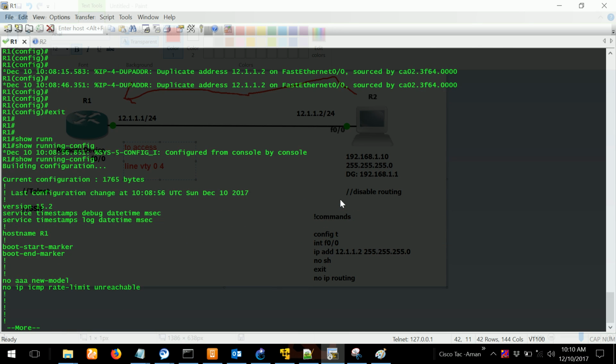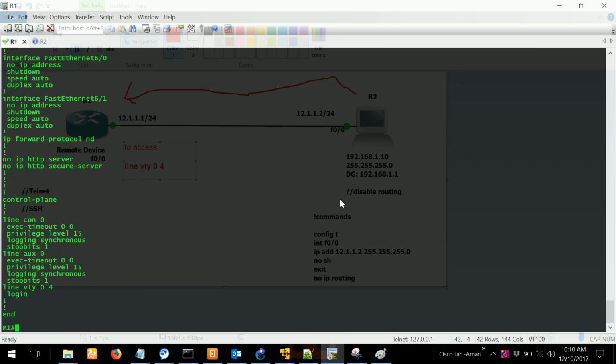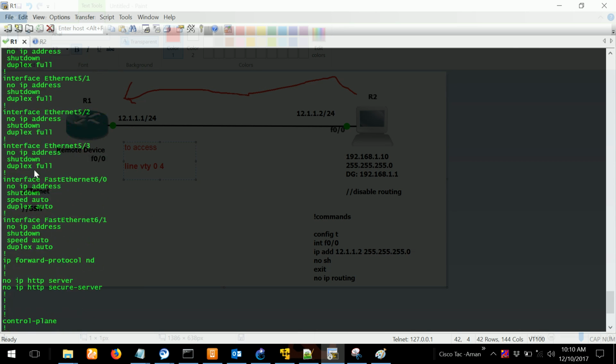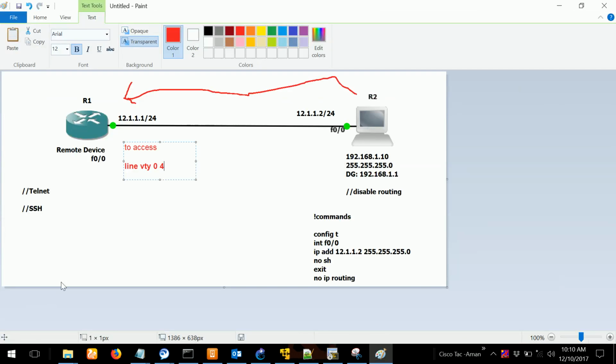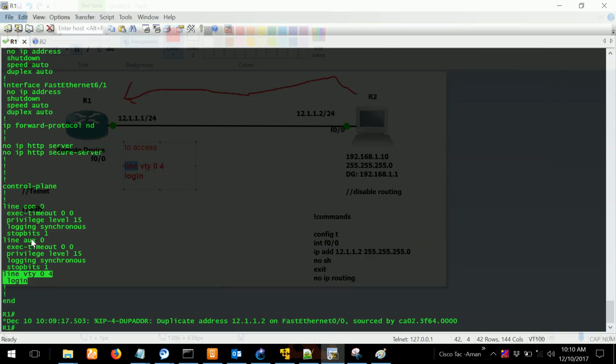You can see on the physical router on the back side you have interface, but see, all these interface have 0/0 this that and all. But if you scroll down, you will see the line VTY 0 to 4 and login is already enabled on that. Now guys, what is this line meaning? Via the line I can get the CLI of the router. Simple as that. Now we have a line console, we have a line aux, and we have a line VTY.